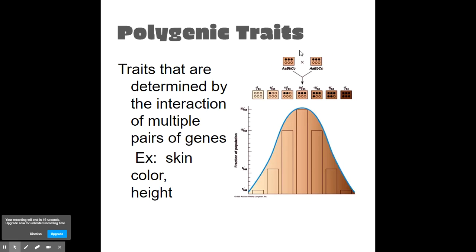So that's multiple alleles. Polygenic traits are where you have a spectrum. So you have multiple genes that end up influencing a trait, and those multiple genes will cause more of a spectrum. So that's hair color, eye